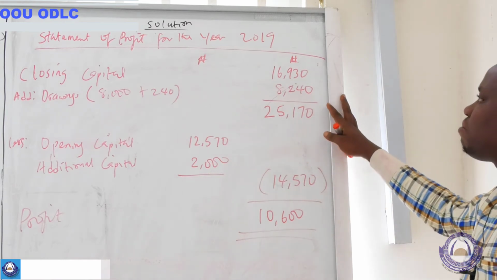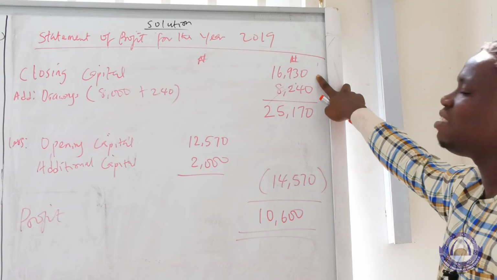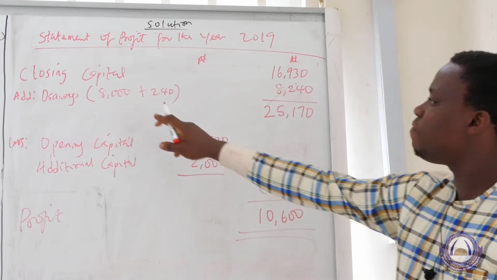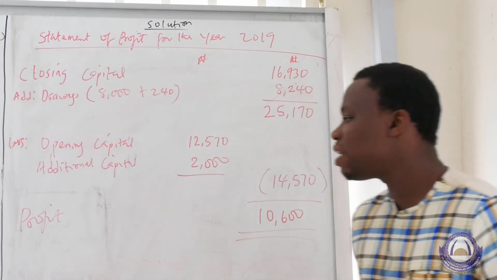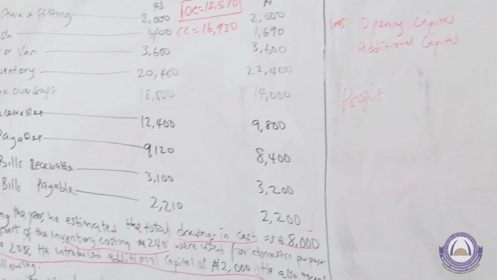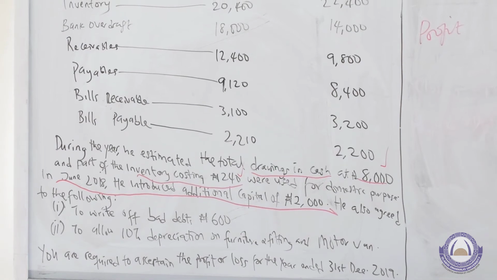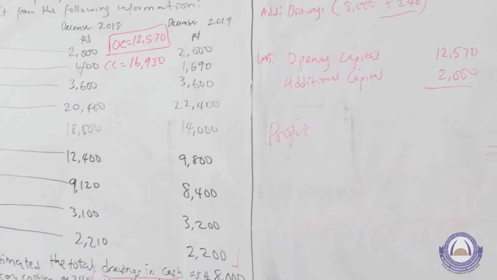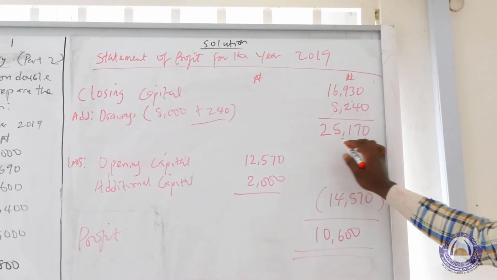From the last statement of affairs we prepared, we were able to derive 16,930 as the closing capital. We have the information that drawings for the year were 8,000 naira in cash and 240 as stock. So the total drawings amounted to 8,240 naira. So if you add the closing capital to the drawings, that gives a total of